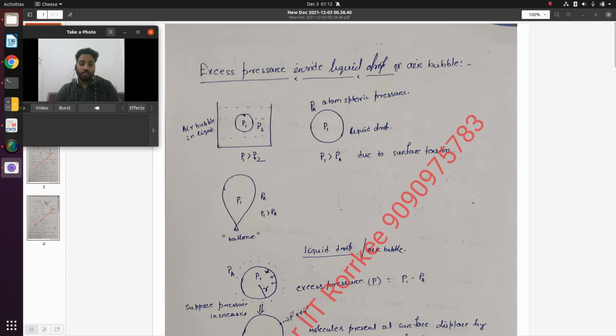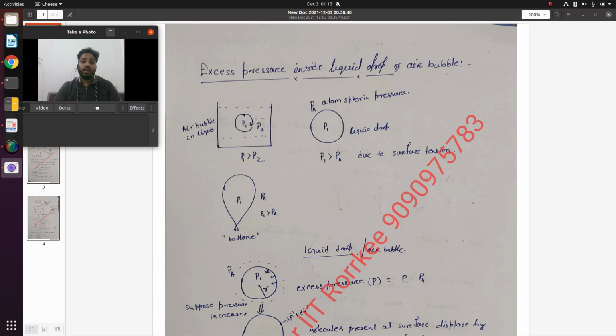The pressure difference P1 minus P2 is known as the excess pressure, and this excess pressure is responsible for the forming of that air bubble, because you can see the outside pressure P2 always tries to shrink the air bubble. But the difference between P1 and P2, the remaining pressure or excess pressure, makes the existence